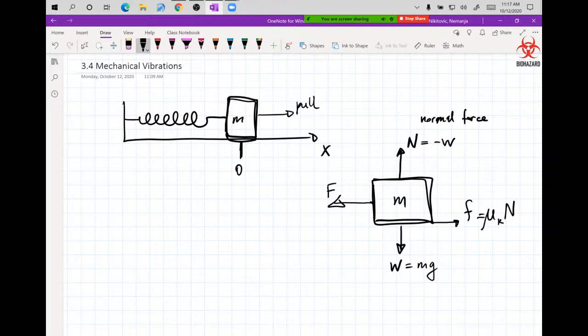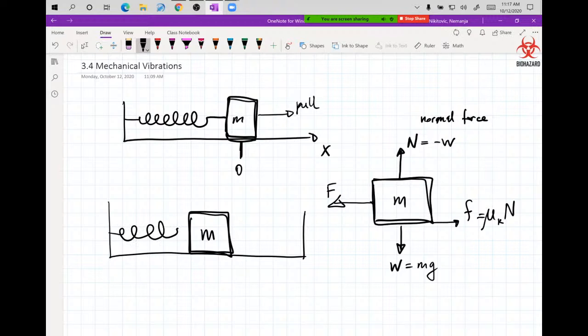And then we'll have the one with damping, which is where you have your object M, and you're going to have a spring on one side. On the other side, you're going to have a dashpot, which is the one that has a cylinder inside attached, and the liquid and so on. So that one slows the system down. So you still have equilibrium, and then the spring will start oscillating when you pull the object, and then the dashpot will make it stop. So these are the two cases that we are going to